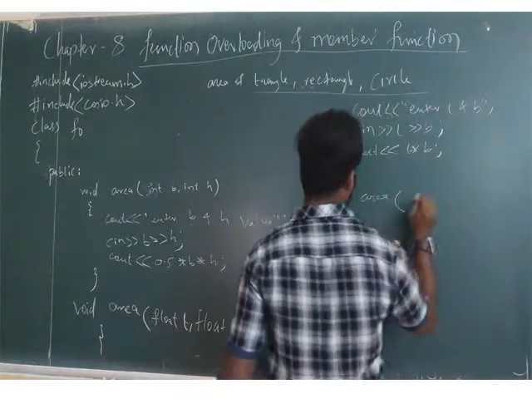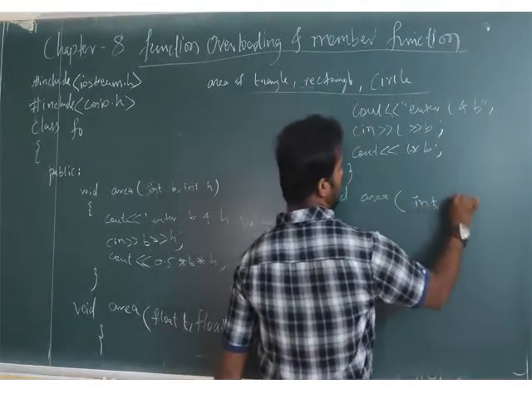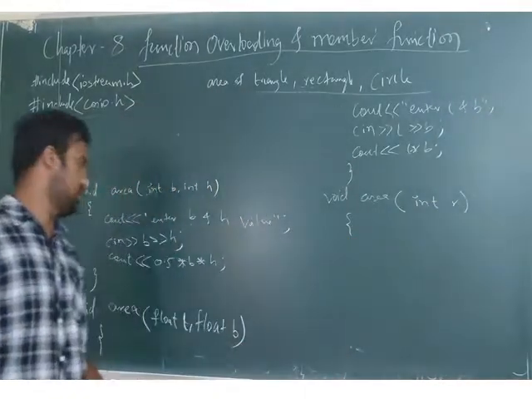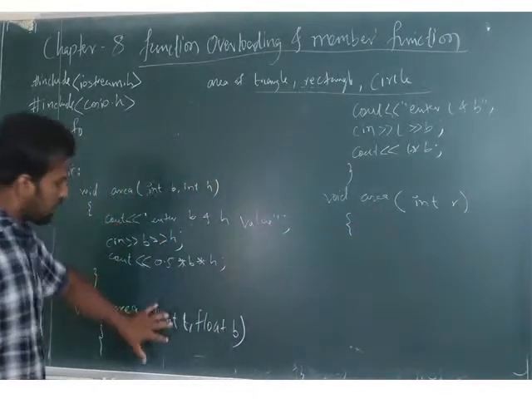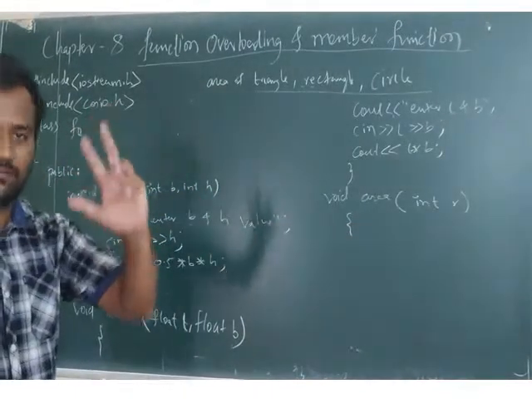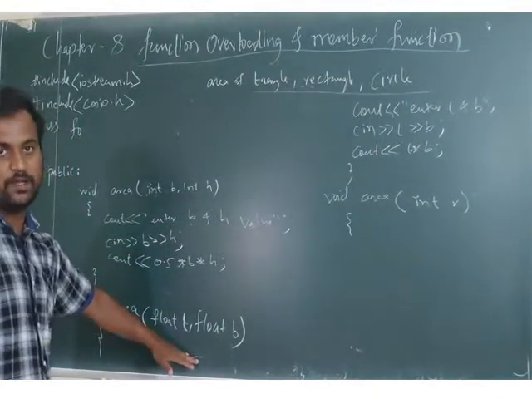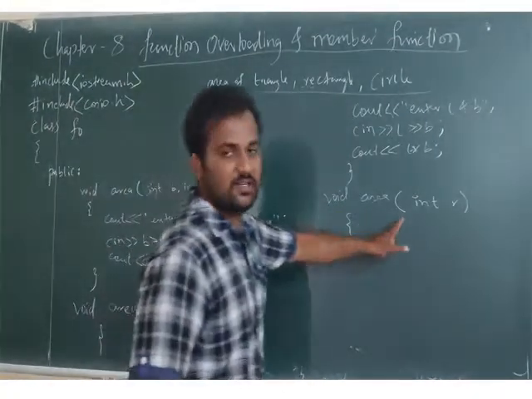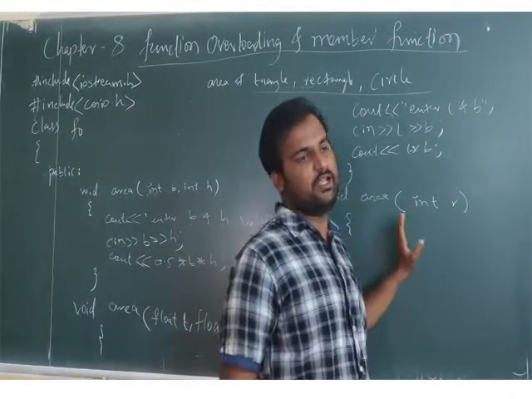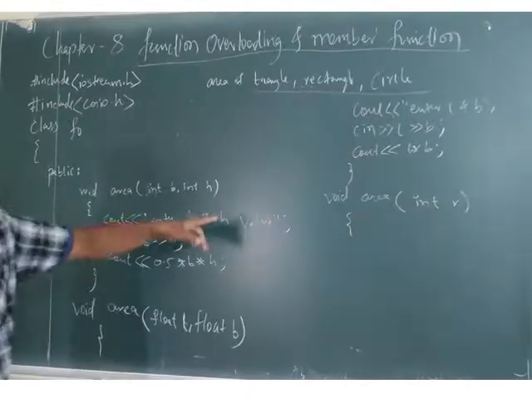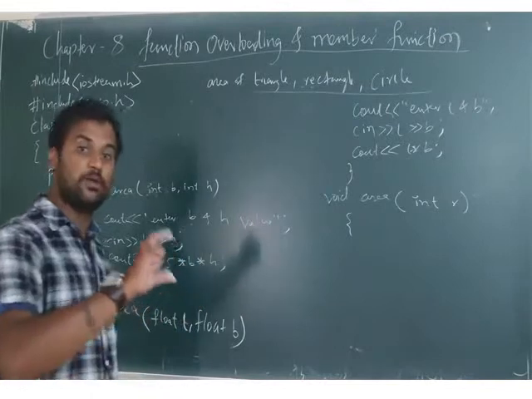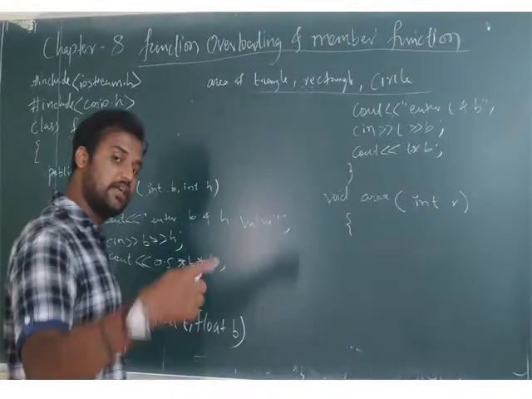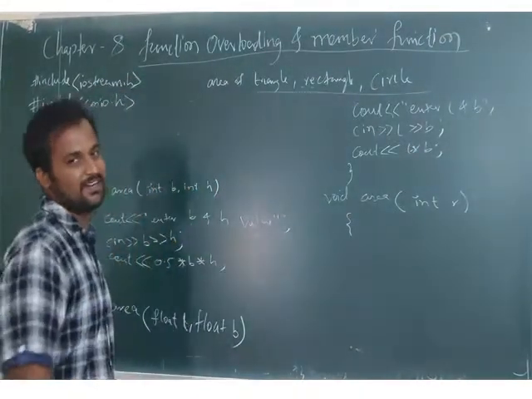Now let's go with the integer r. See here again, different number of arguments is there, so finished. Here only one is there. Here two are there. Here also two, here also two. That's why the computer will get confused while executing here. So that's why we write different data types. Whereas here only one argument is there, so no need to worry here because this is totally different. So different number of arguments or different data type.